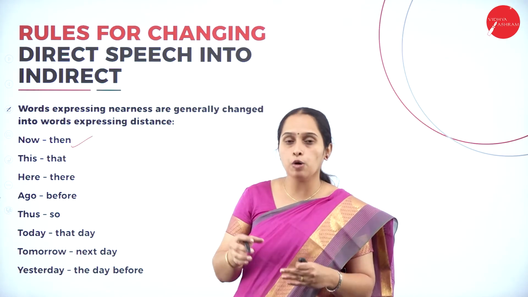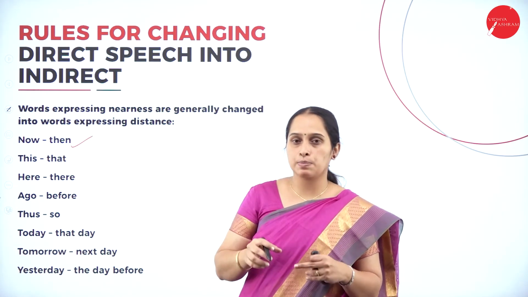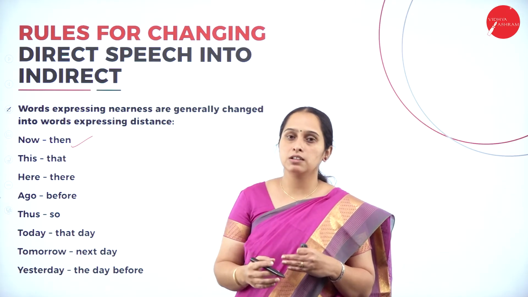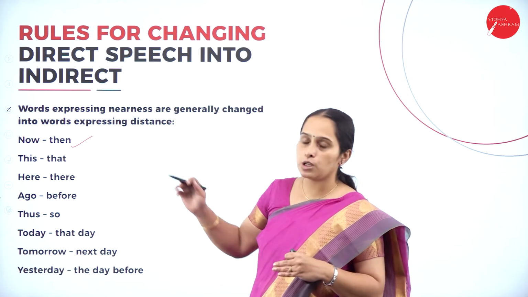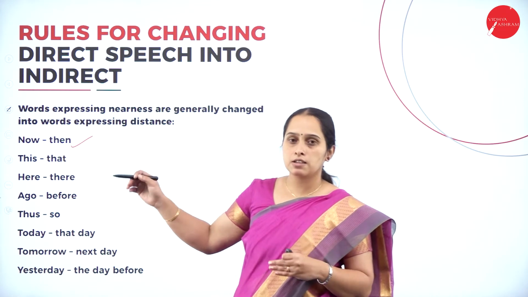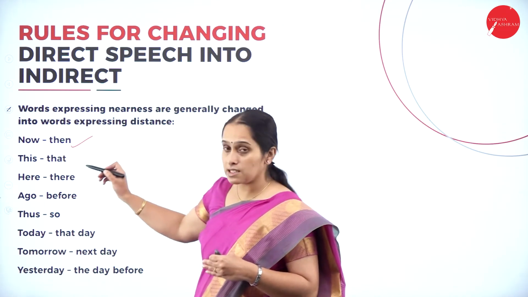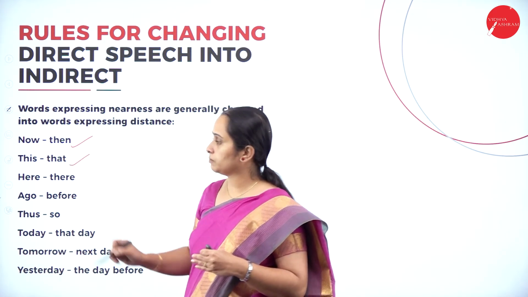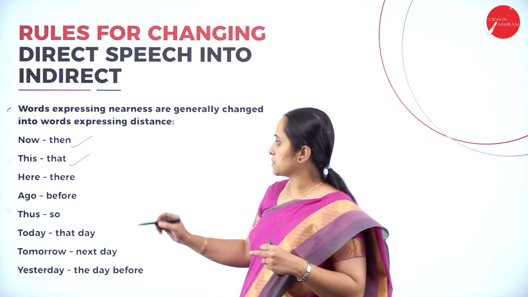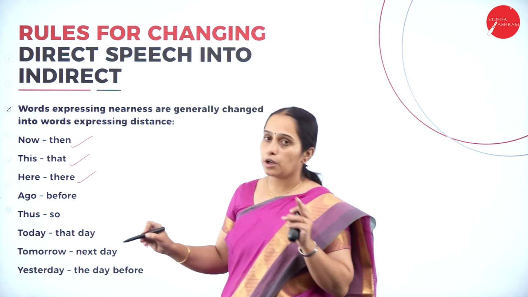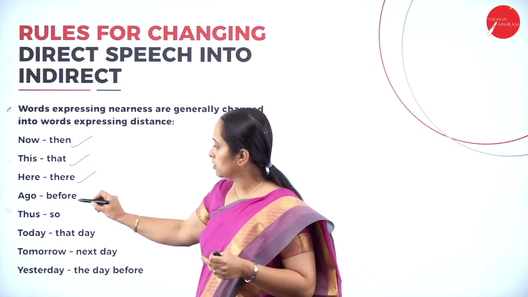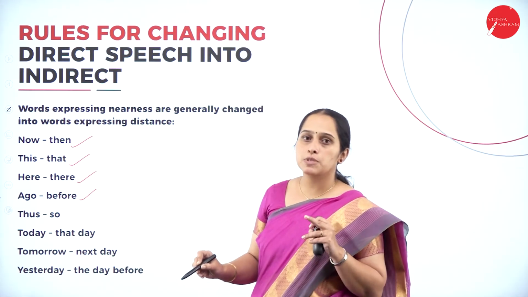If there is now in direct speech, when you change that into indirect speech, you should not use the word now there. Instead of that, you have to use then. So this becomes that, here becomes there, ago becomes before, thus becomes so,